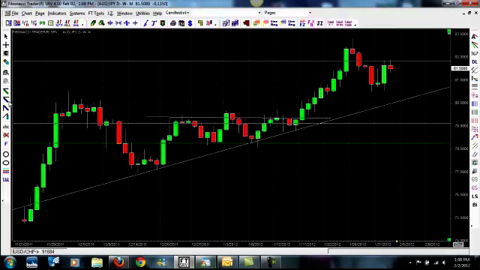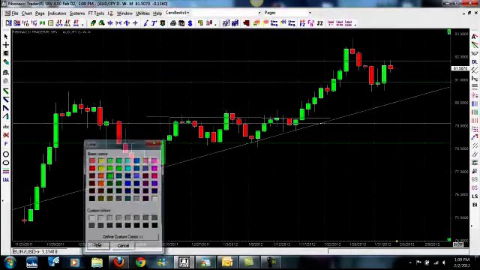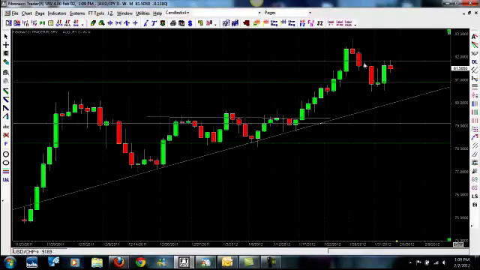So we have that position, and the new trade that we just sent out was to get into the Aussie yen at 80.91, which is right where we're at. Right there. All right, let's color that so you can see it. You can see here that price has just recently come down. Now this thing could start channeling. We don't know, but this pair, in my opinion, is going to continue going up for a while, and this is just a pullback. So if this price over the next few days brings this pair down to